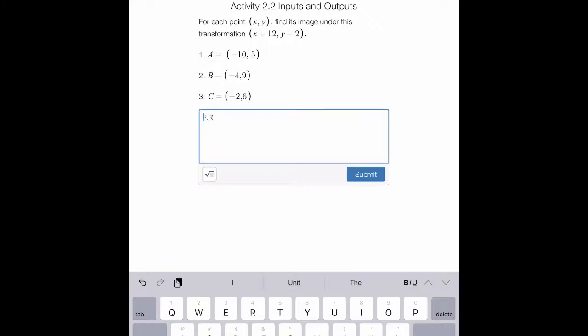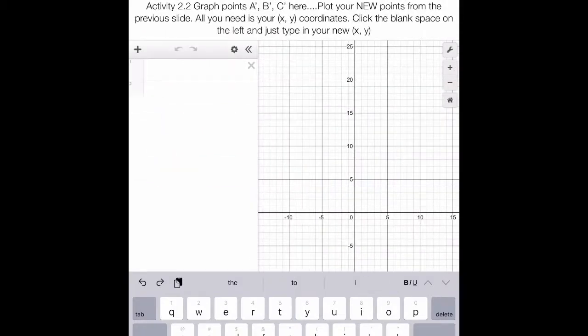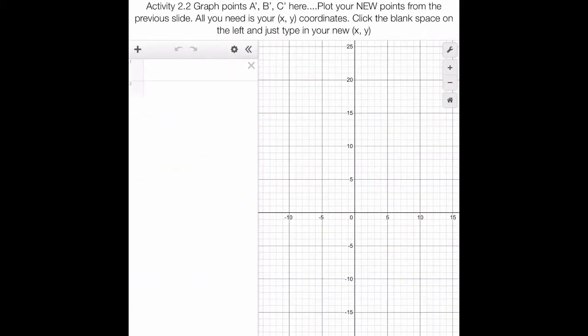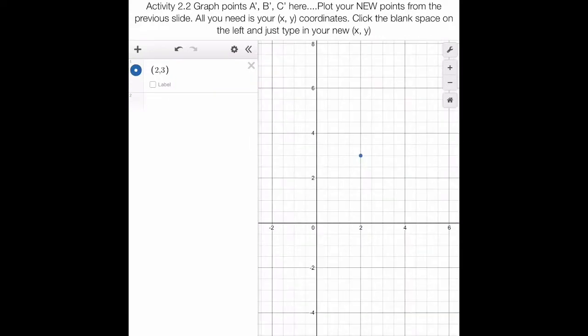This is actually A prime, because this is a new point that we've created after we applied a transformation. So that's actually A prime. So what I need you to do here is, all you have to do is click here on the left, click your parentheses, and that was 2, 3. Close your parentheses, and you could see here that it's put a point here, and we'll click label, and then